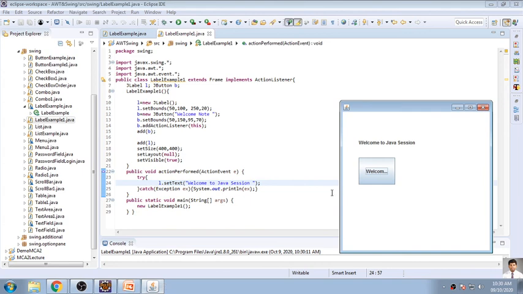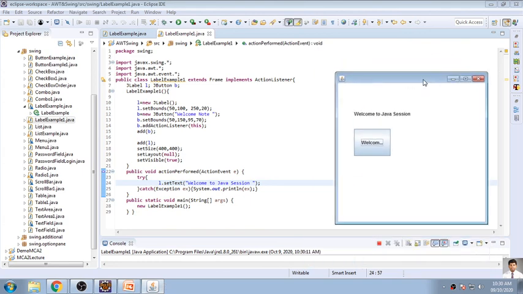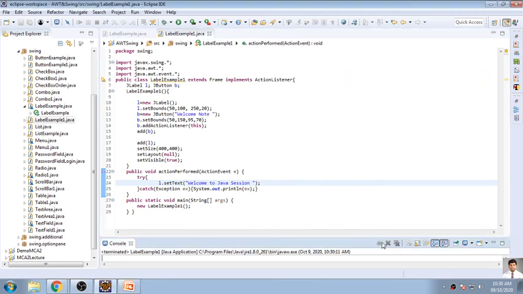Now this frame is not closing. Why is it not closing? Because I am using the frame from AWT, and an AWT frame cannot be closed directly, we have to write a function. Here I am directly closing the program, but if it is a JFrame you can close it directly because the feature has been added into JFrame. So this is how we have covered the label.